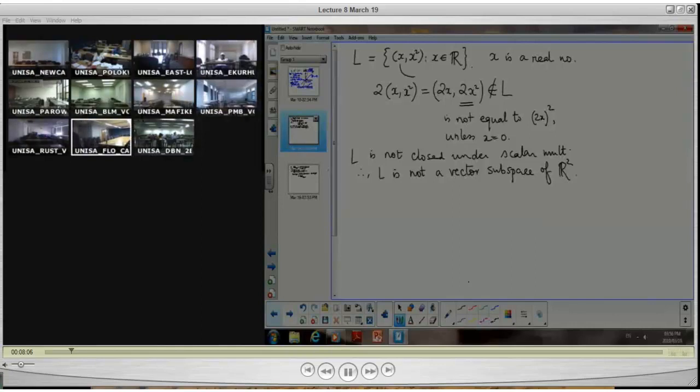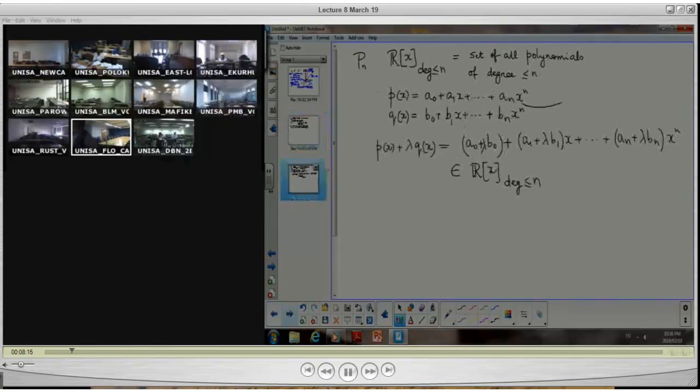Over there also x is a real number, but there is a little bit of a difference. The difference is that this p is actually a function. Its value at x